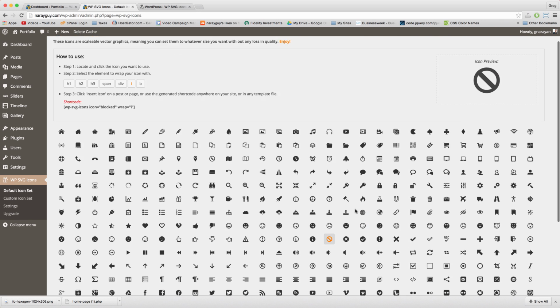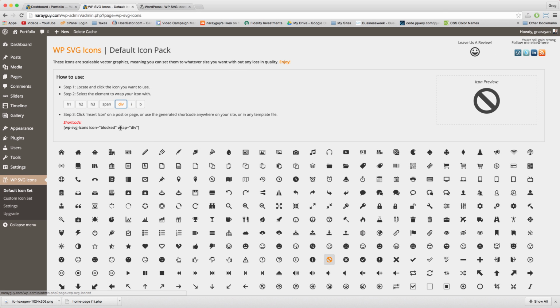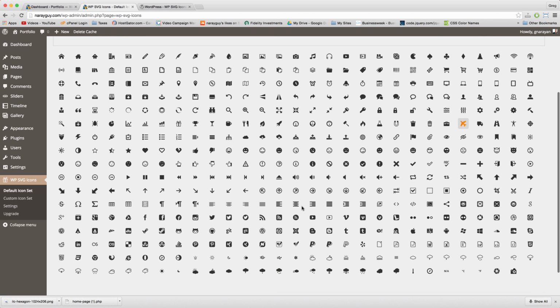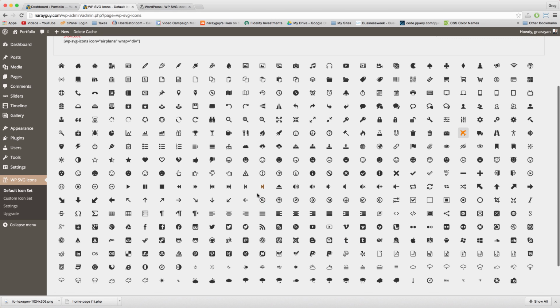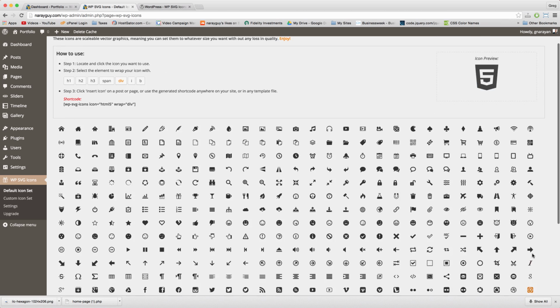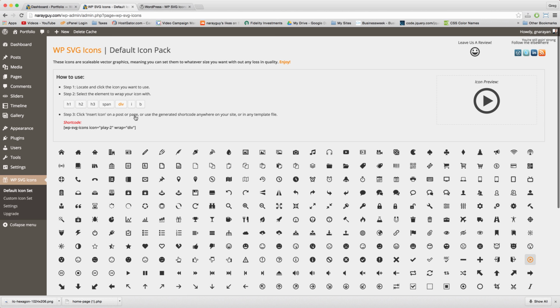So I already know that we want a div, and we can see that that will also append to the shortcode. But if you'd like, go ahead and try out these other elements to wrap your icons with. I personally just like this one because it will make the icon show up nicely. Alright, and then I need to remember what my skills were. So I think we'll start with this 5 right here, and a div, and then I'm gonna copy the shortcode